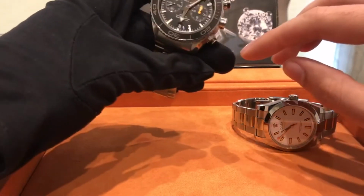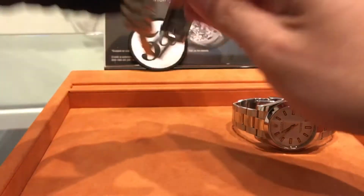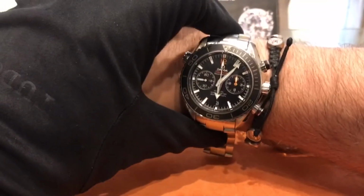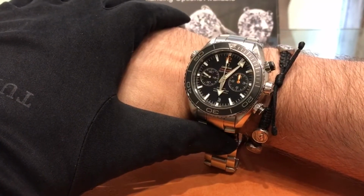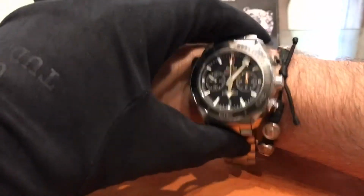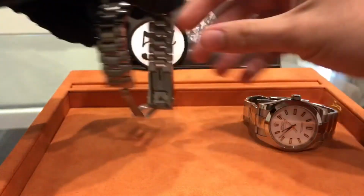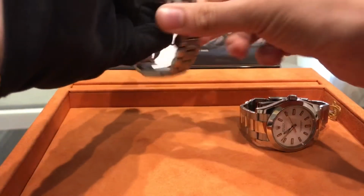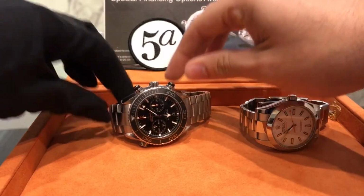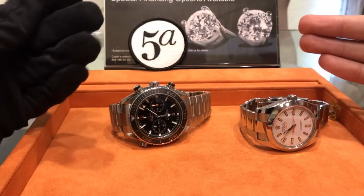I have very skinny wrists, so I don't think I could make this work for me. But if you're a big boy and you have some big wrists, this is a serious watch. You wear this, people are going to know you spent some money on this and that it's a real tool for timekeeping. So all in all, I didn't want to make this video too long and get too much